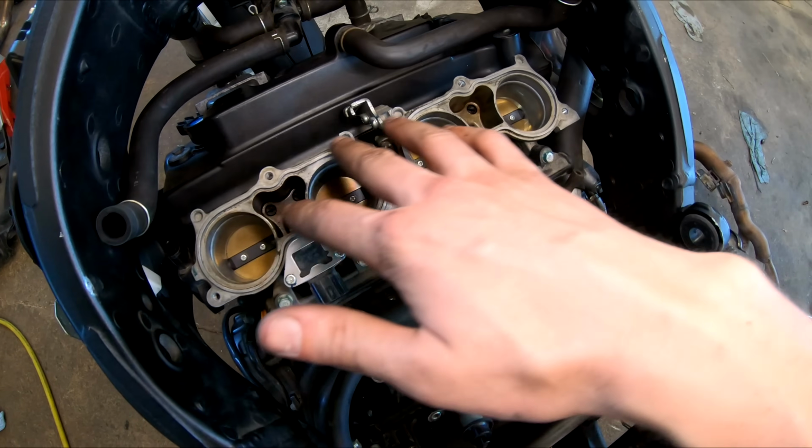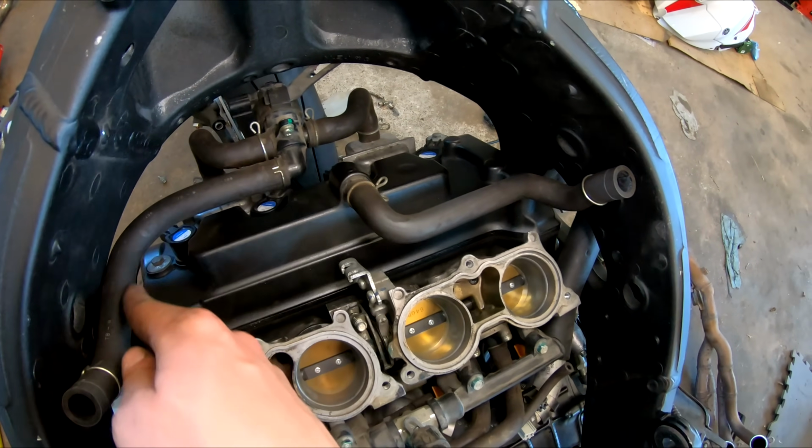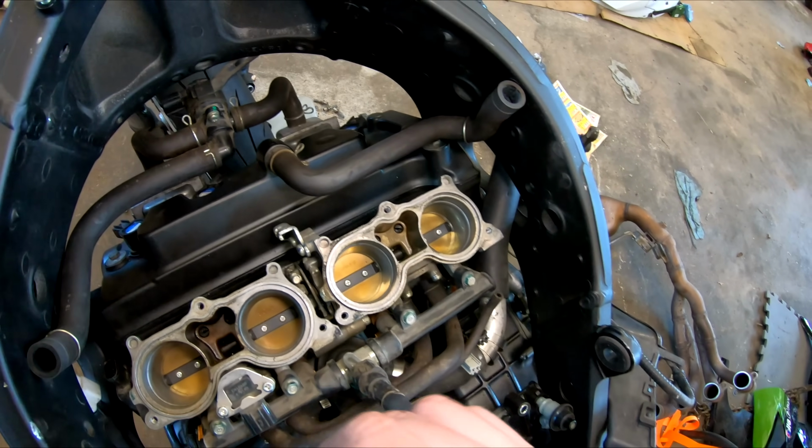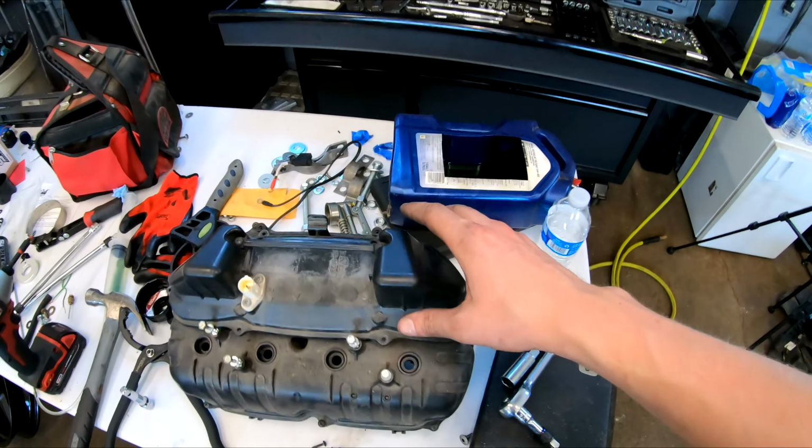All right, so we've got our throttle bodies on there now. We've got our coil packs in. We've got all of our vacuum, our air hoses routed. Now, the next thing I'm gonna do is put the air box on, but first, before we do that,